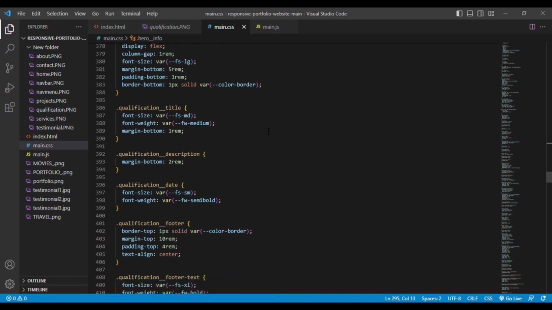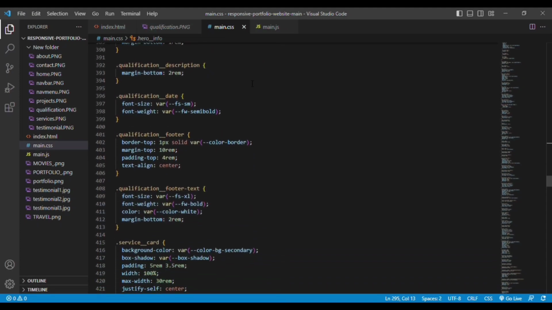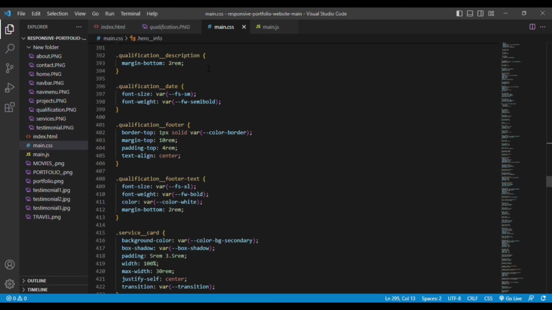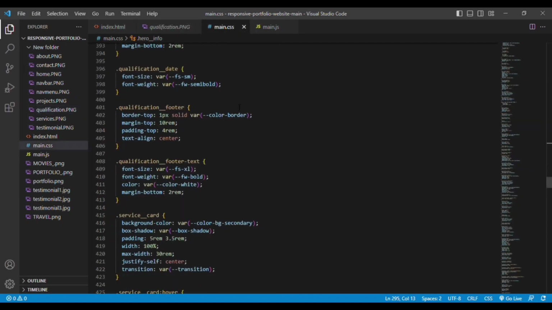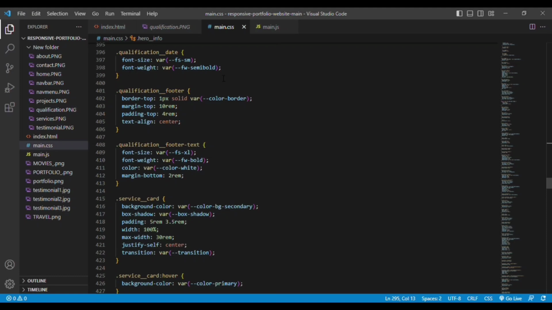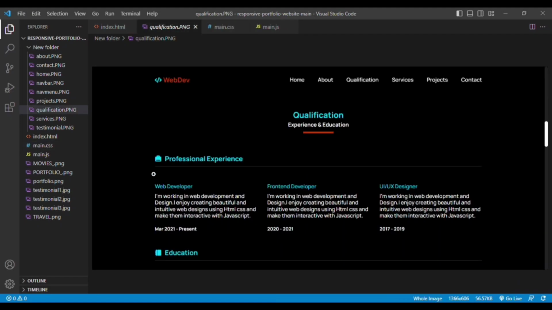Then we have the qualification title, for that font size, font weight, and margin bottom is given. And for the qualification description, margin bottom is given. You can see for the description we have a margin given to it, that is nothing but a space is given between them. Then we have the qualification date, for that we have given font size and font weight. Then we have the qualification footer. For this qualification footer, border top is added, and you can see the underline is there, right? So in a similar way the underline will be added, and below it we have the resume,